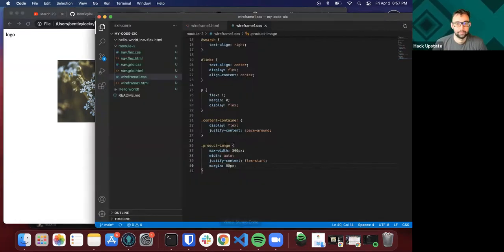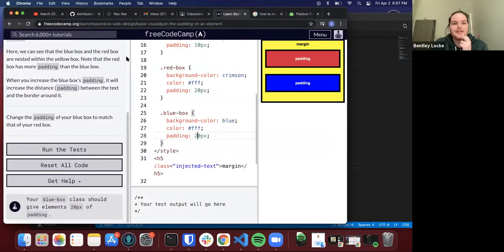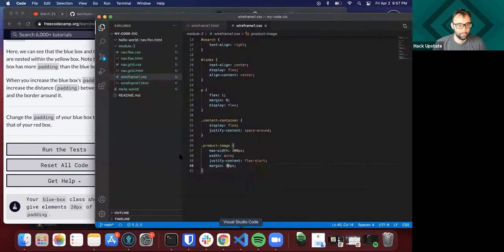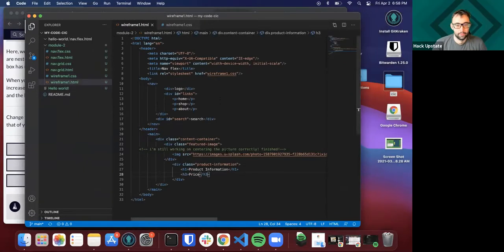I'm redoing some of the freeCodeCamp to see what I need to do that. And this is what I have for my code for it. It's still pretty basic, but